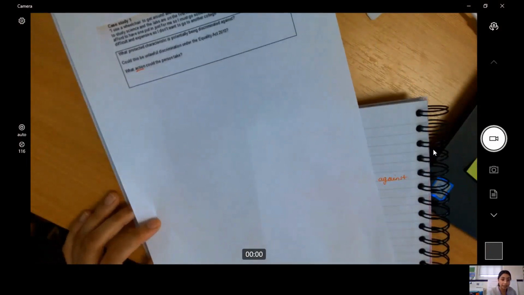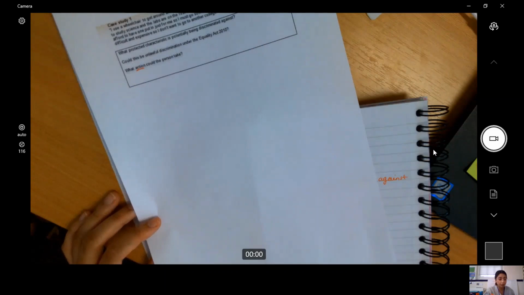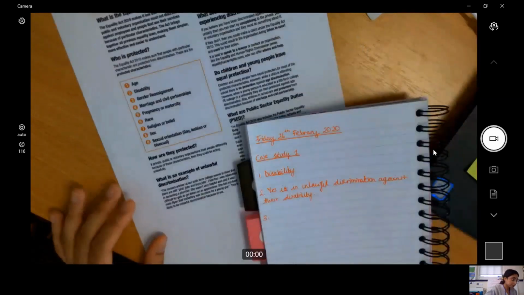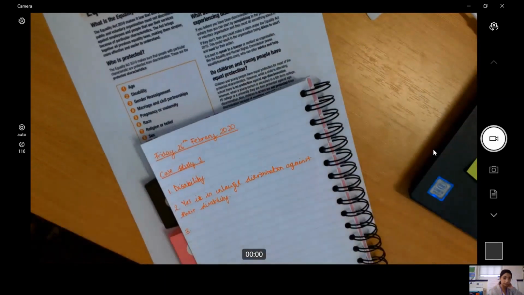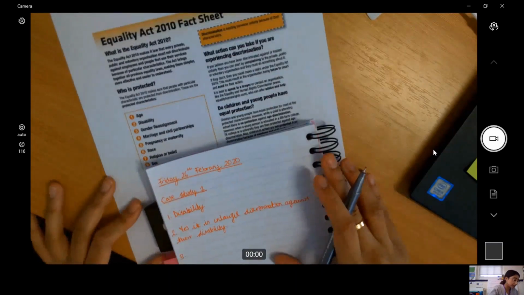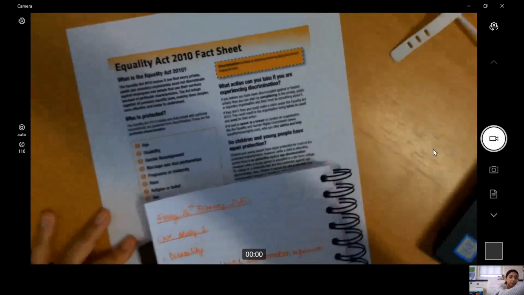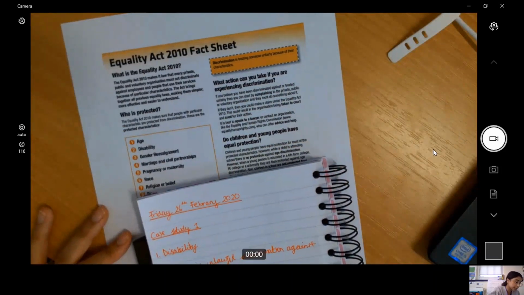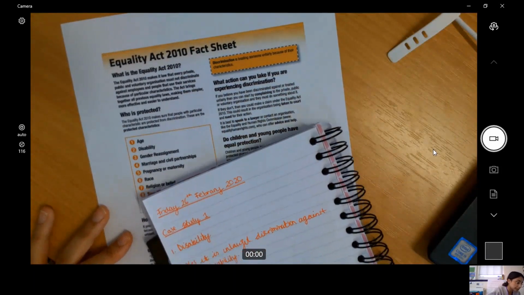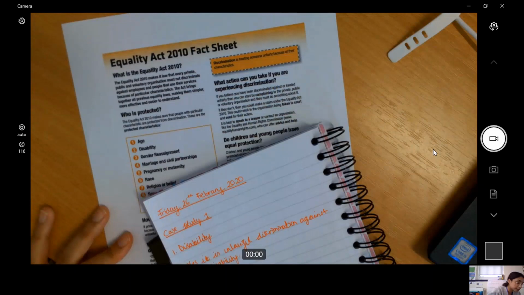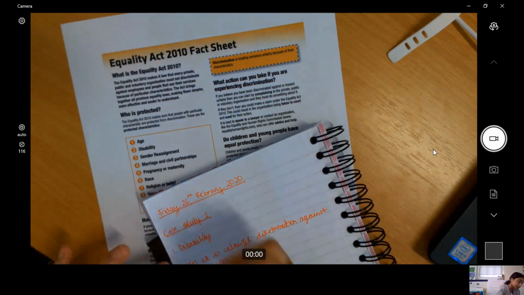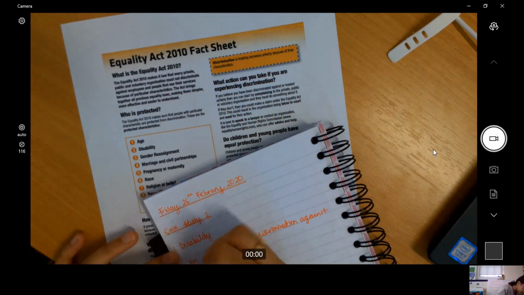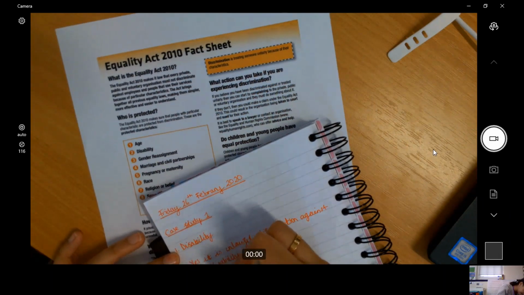So it might be some legal action, they might be able to speak to someone. So let's have a look. The place that we can look for action here is along here. So you should be able to see it. It says, what action can you take if you are experiencing discrimination? If you believe you have been discriminated against or treated unfairly, then you can start by complaining to the private, public or voluntary organisation. So I'm going to write down firstly, they can complain